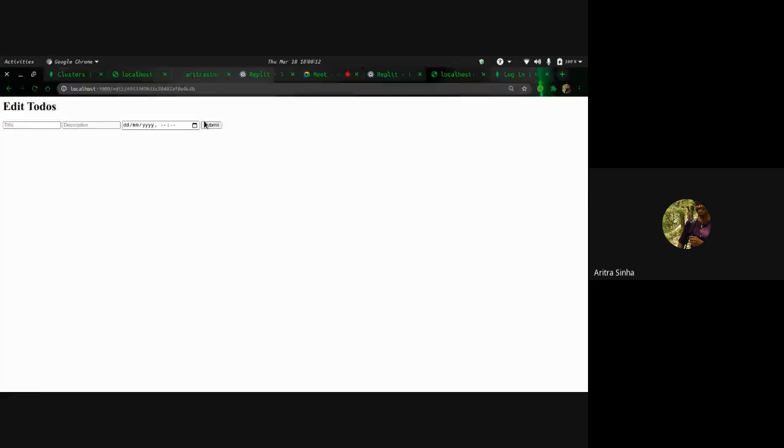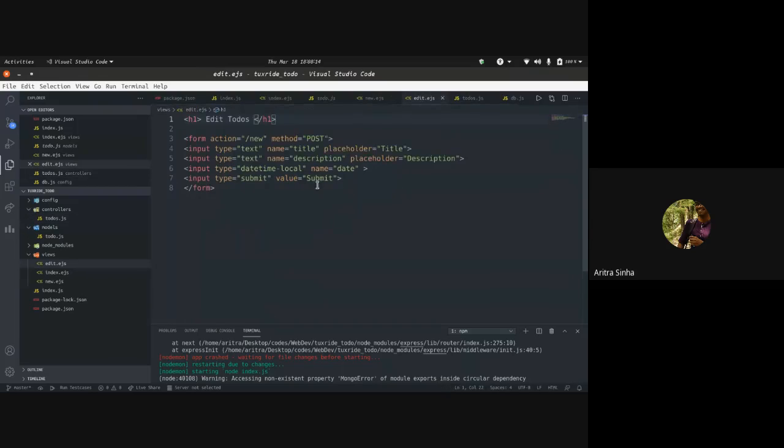Edit to-do, fine. Now we need to make a few changes inside this page. So we'll write value equal to, and here we give them the value of the to-do. So todo.title, so the user actually knows what the already existing title is.